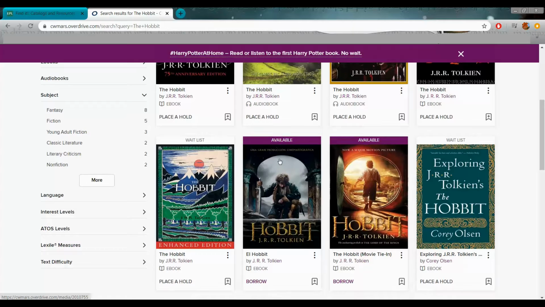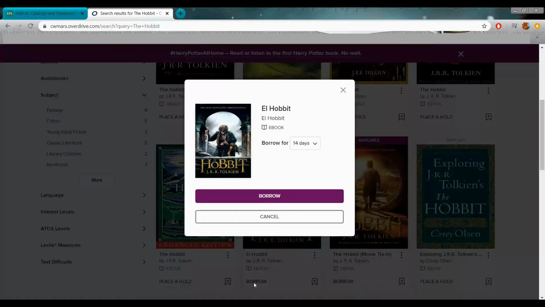So let's scroll here, and for example, this version, which is The Hobbit in Spanish, is available. So what we're going to do is, you can see down here it says borrow. We're going to click borrow, and from here you can choose how long you'd like to have it to read. So your options in this little drop down menu are 7, 14, or 21 days. I'm just going to leave it at 14. Then we're going to click borrow again,